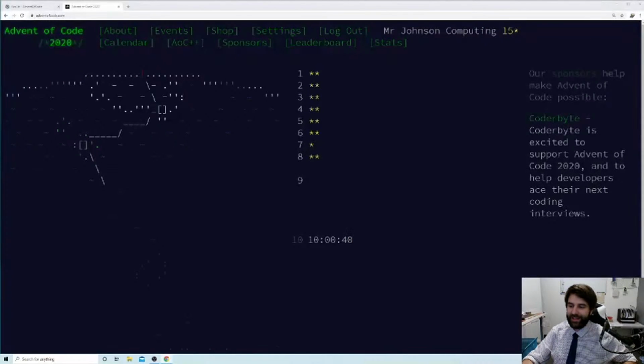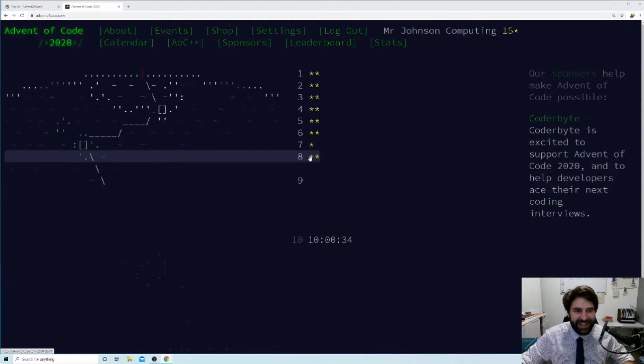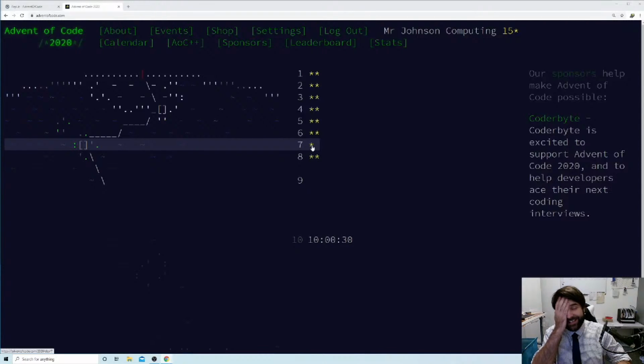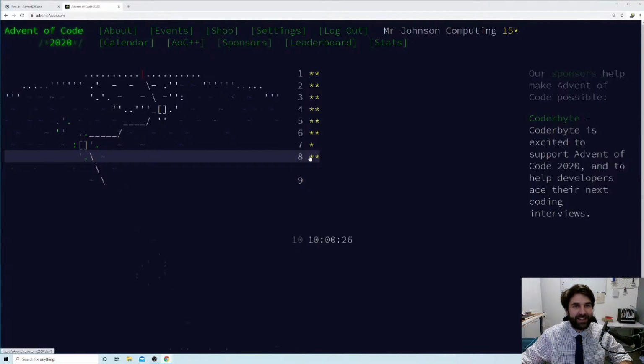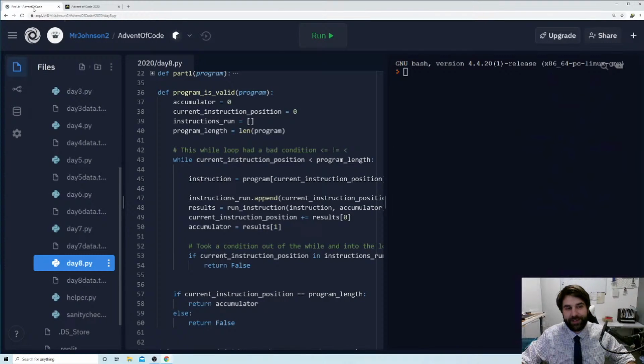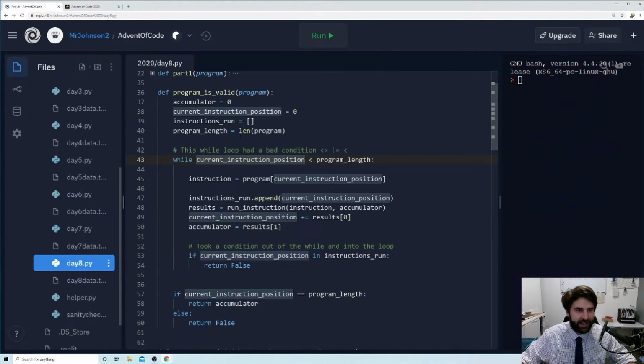Okay, so here we are. It is day 9 of Advent of Code, and you might notice that I've actually gained my second star from yesterday. Still haven't managed to get my second star from day 7. Didn't happen. But yesterday, I kind of just all broke at the end. It just really broke. But I stopped the stream and I had a little look for my code, and I found this while loop here, and I had loads of different conditions going on here.